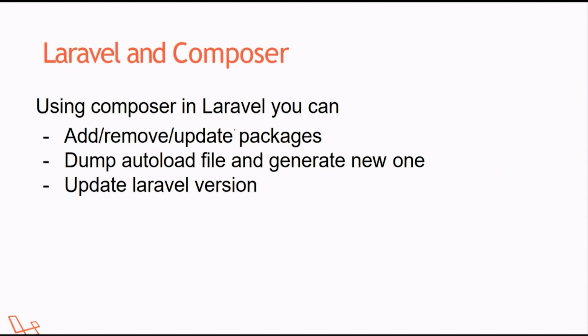And yeah, earlier Laravel 5, 6, 7 were using Composer, where you were given certain packages that were needed to run the Laravel framework, dump the autoload file and generate a new one, and update the Laravel version. So certain things you can simply do with the help of Composer. You do not have to go through the sequence of steps again to update it or to generate certain files. You can just remove the old things and generate the new one. As I say, if it is providing you a CLI, then you can simply do it with one command, and if you can do this, then it's a very good thing.